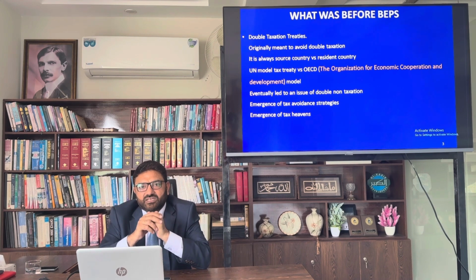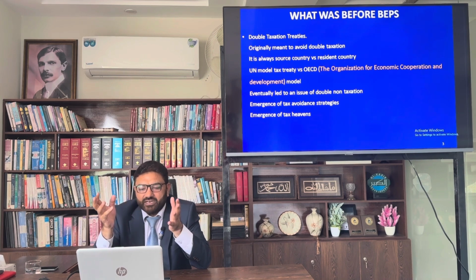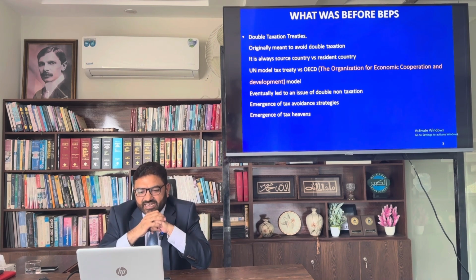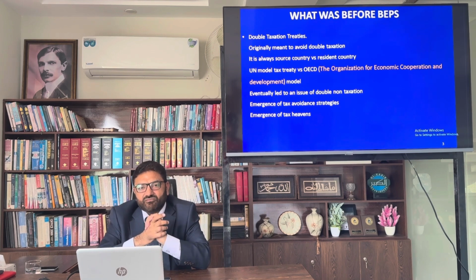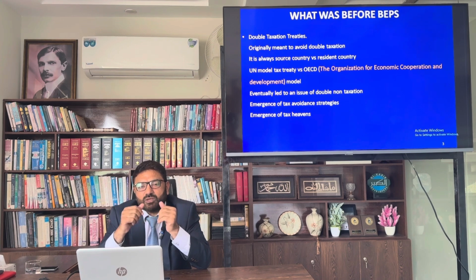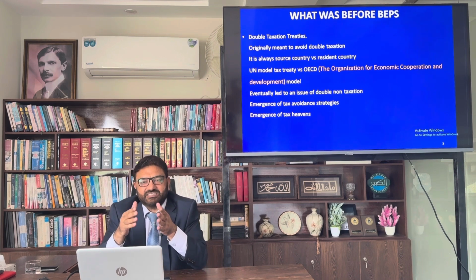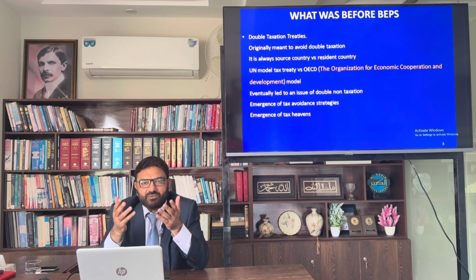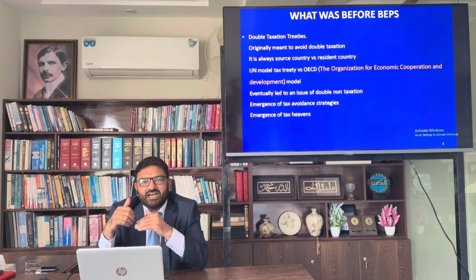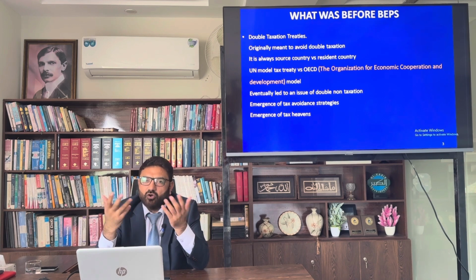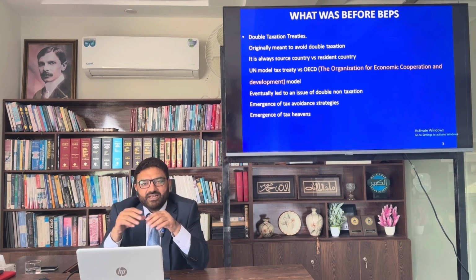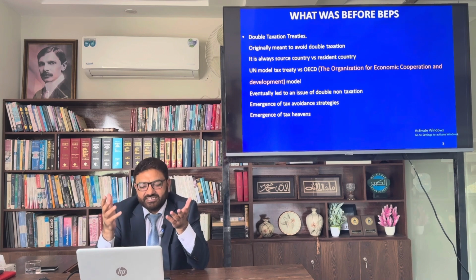Therefore, the OECD worked on BEPS. It eventually led to an issue of double non-taxation. As there was the problem of double taxation, there was also the problem of double non-taxation, where companies set up their head offices or registered their companies in countries that are exempt from taxes. So they did not pay tax in the base country, nor in the source country, nor in the resident country. They avoided taxation